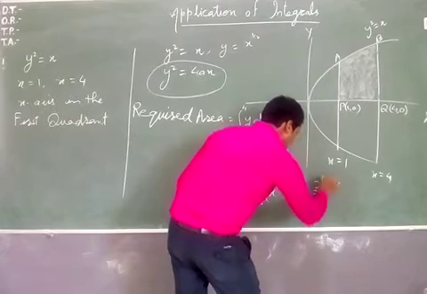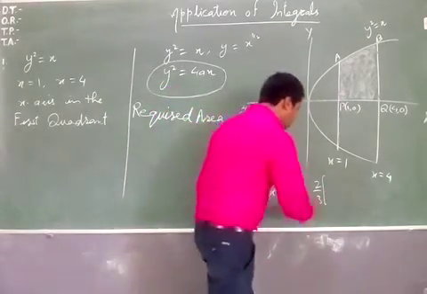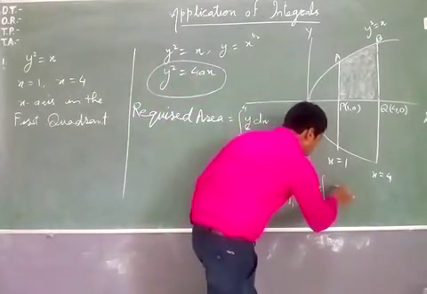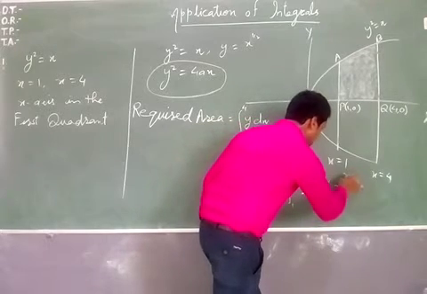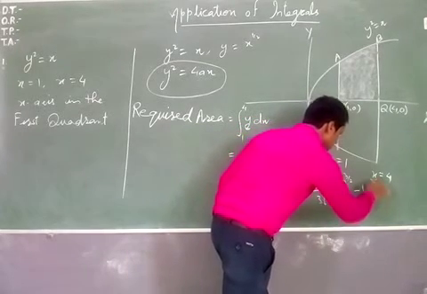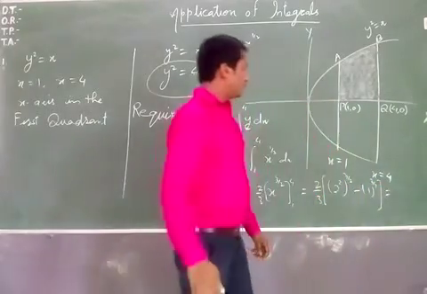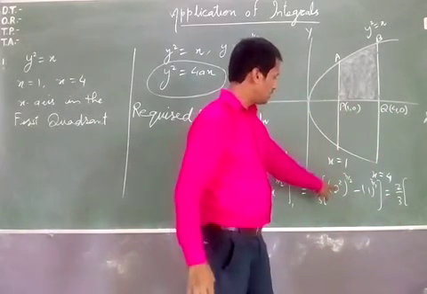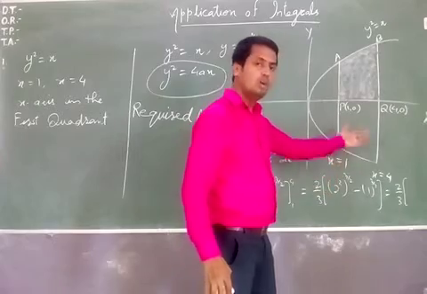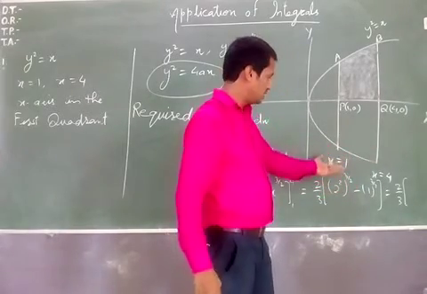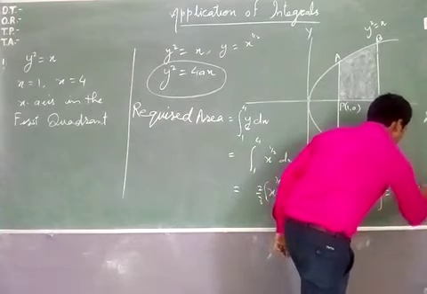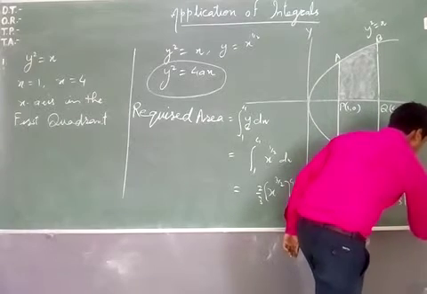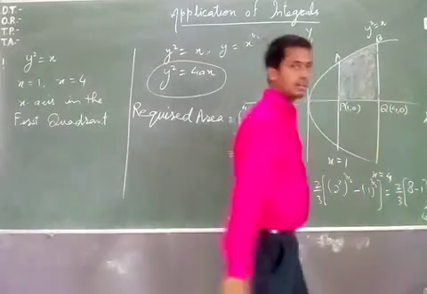2 by 3, we can substitute here value of x equal to 4. We can write 4 equal to 2 power 2, and power 3 by 2, minus 1 power 3 by 2. After simplification, we can find the required area. We know that 2 power 2 and whole power 3 by 2 equal to 2 power 3. 2 power 3 equal to 8, minus 1, equal to 14 by 3 square unit. We can write the area.